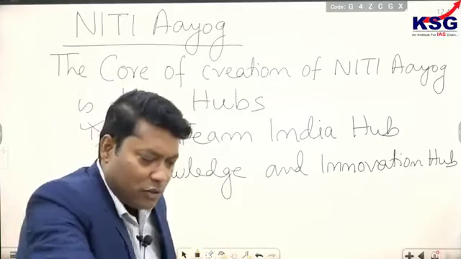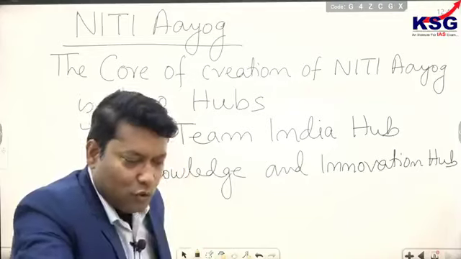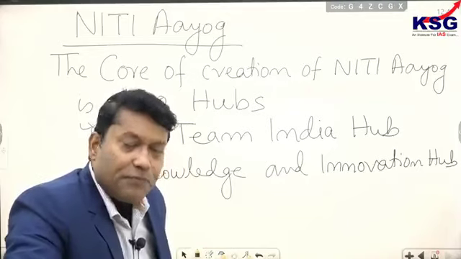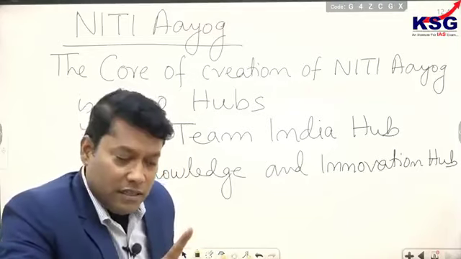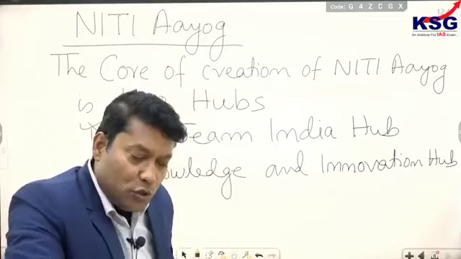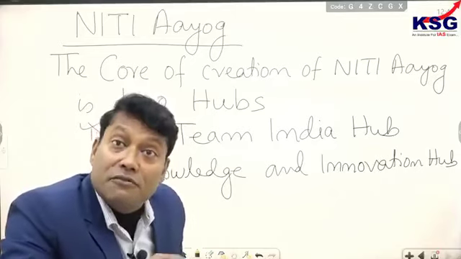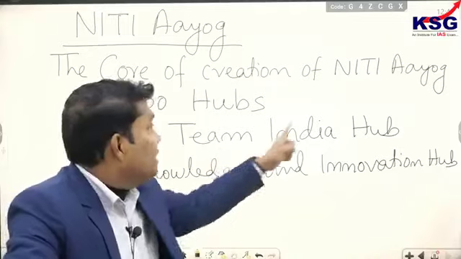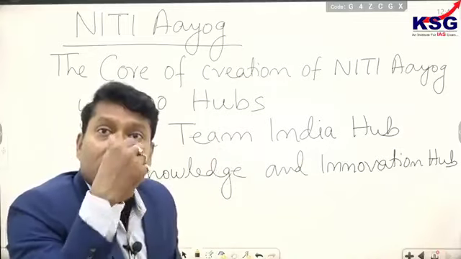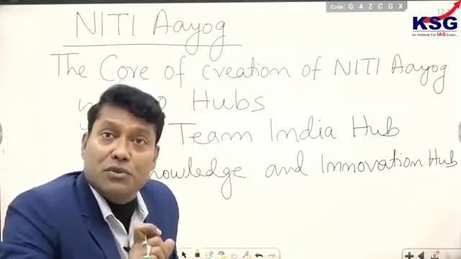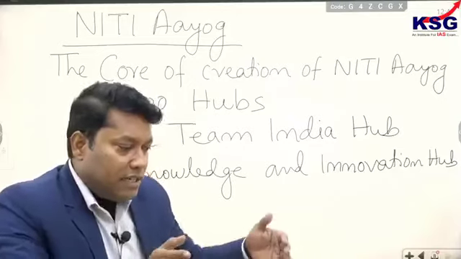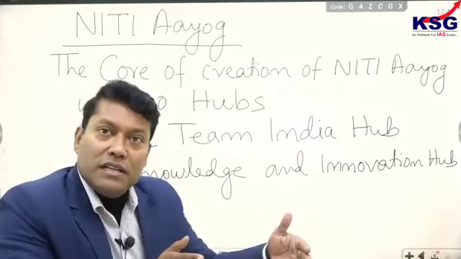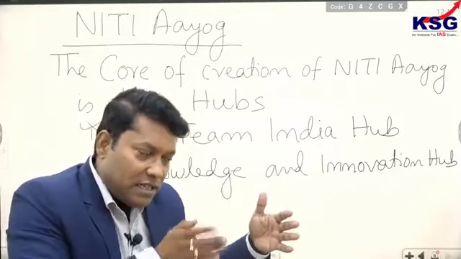Okay, now come back to the first policy. I think no question is left. So the first point you have written here, the objective, is what? To develop cooperative federalism. Cooperative federalism and Team India Hub, these two are very similar, but we are using different words. See, remember, the Team India concept is what? The Team India concept is,